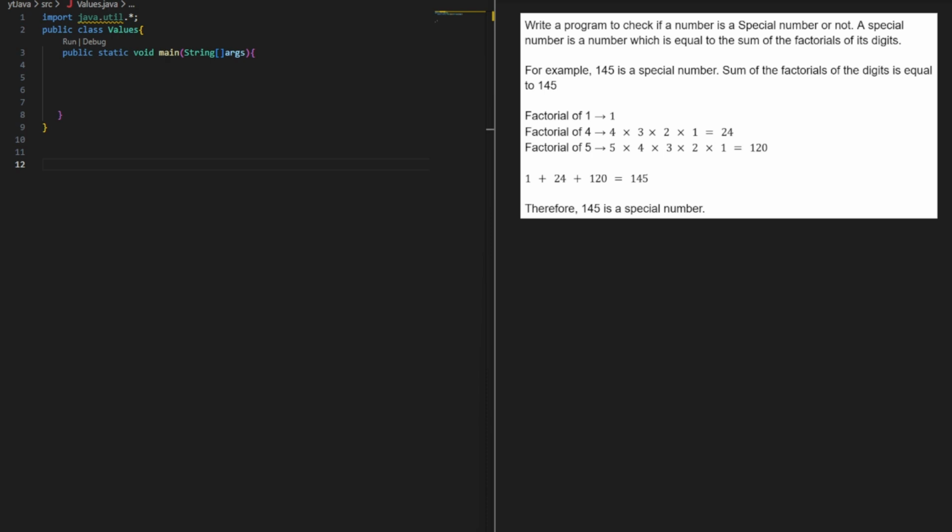Let's take a look at this question. Here we want to write a program to check if a number is a special number or not. A special number is a number which is equal to the sum of the factorials of the digits of the